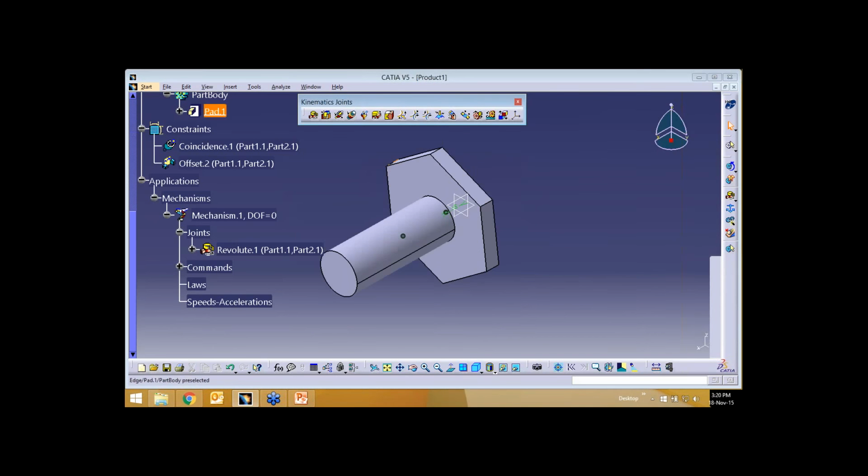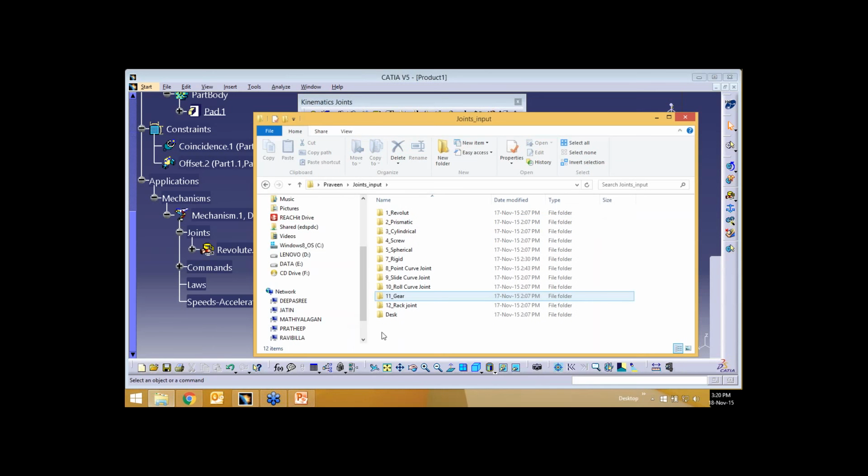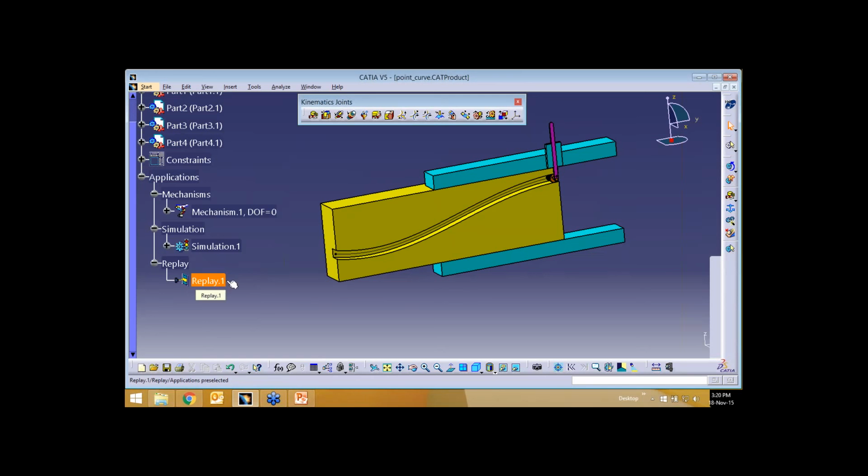I'll just show you an example of one I have already created. This is a slider mechanism. If you see here, I have a mechanism one simulation which has been recorded, and that can be played by replay. I'll just play it and show you how it actually works.